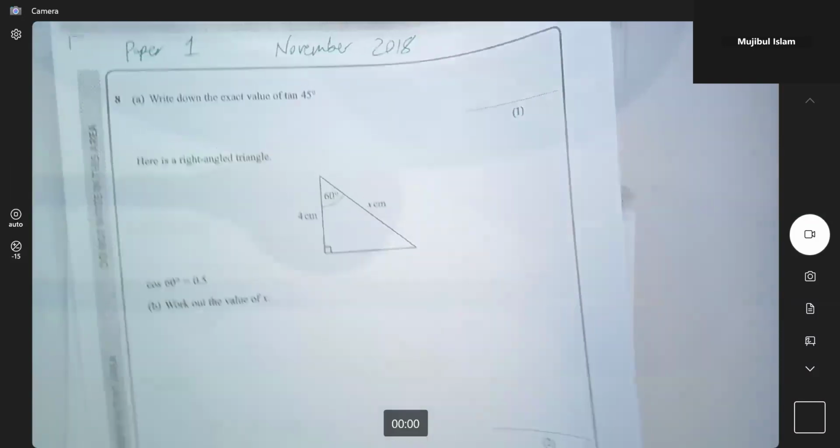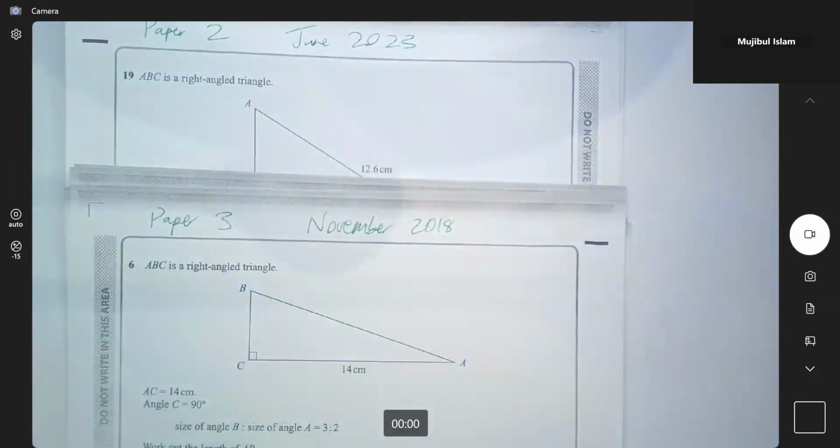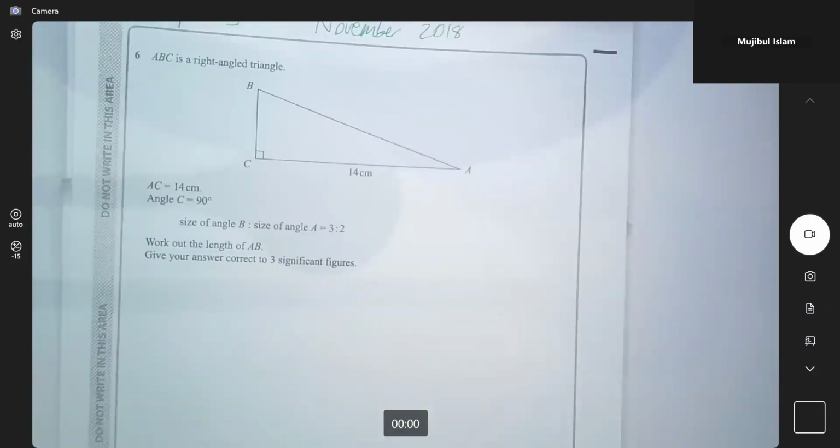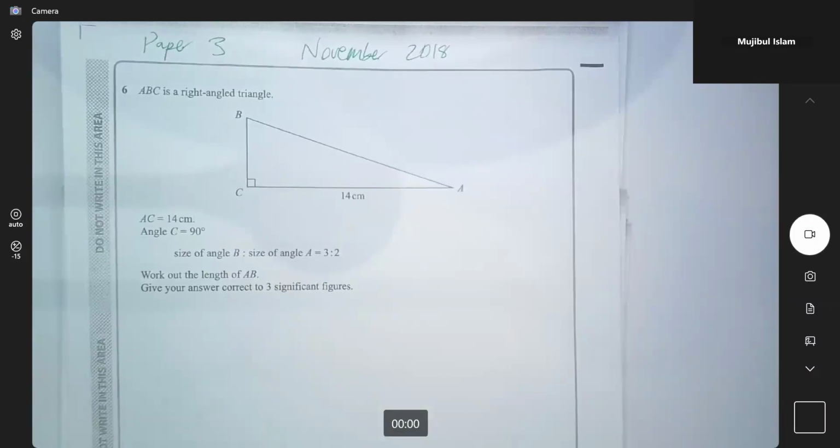Okay, so let's go to the next one. So now I'm gonna skip this one. I'm gonna go to this one here. We're now going into the problem solving territory. So what I mean by that is